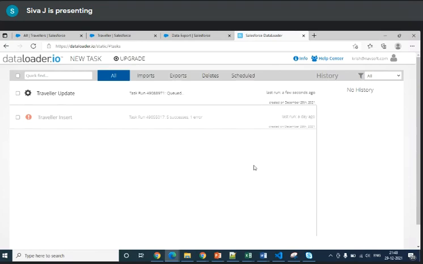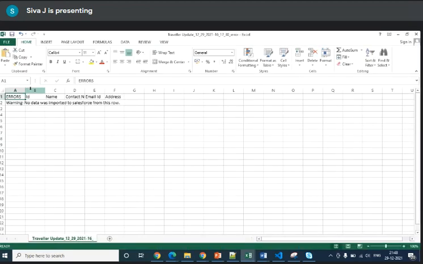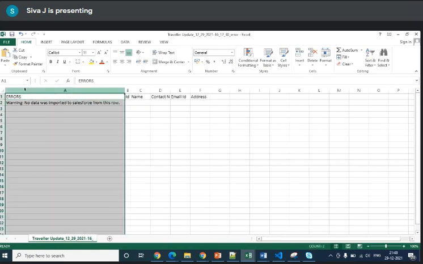Krishna, Data Loader IO is a web-based data loader, right? Yeah, exactly, correct. We also have the Data Loader app that we have to download. Yes, you can download it and install it. Is that one better, or this one? I will suggest you install it in your personal environment. That is the better one, not this. Okay, the Data Loader app. Yeah.